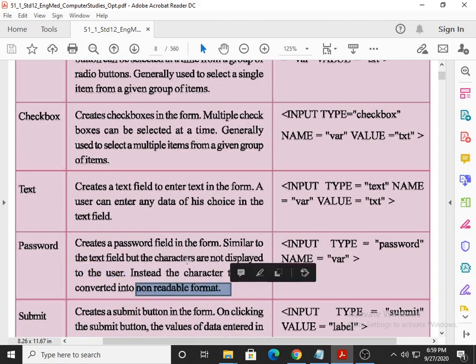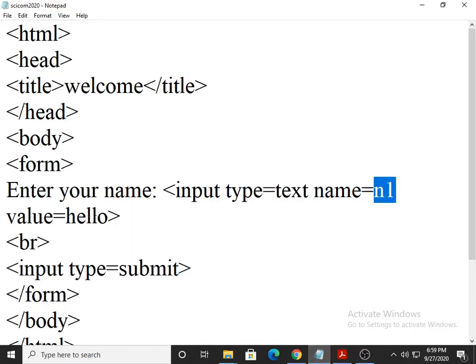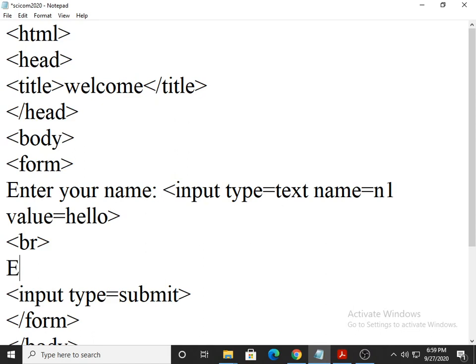All this you have to underline. What is non-readable? If you try to enter the password, you see dots; that is known as input type is equal to password. So we will practically do it. After BR, for example, I am mentioning here, enter your password, and then I am preparing the same thing.